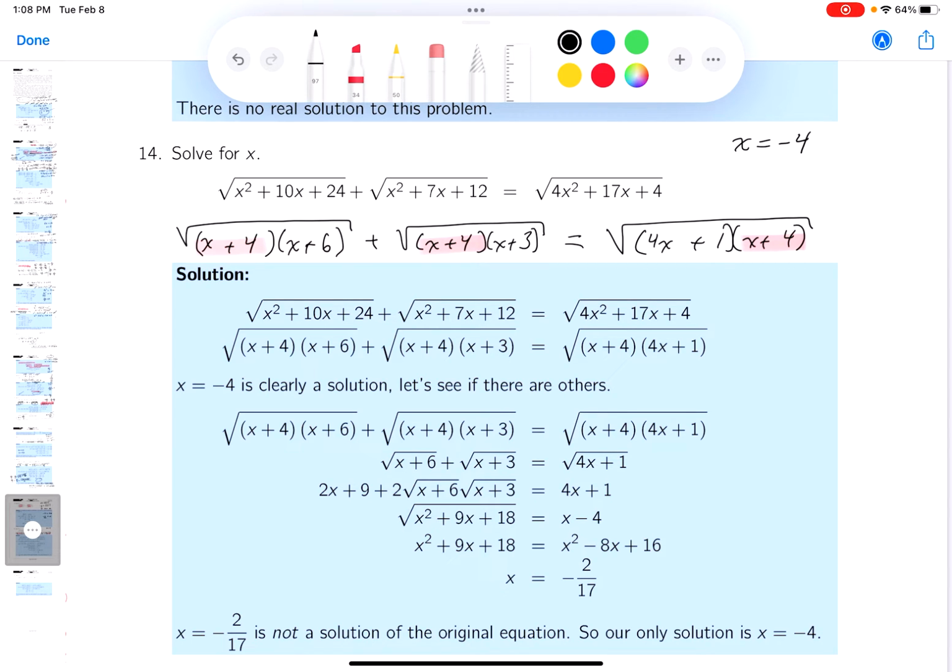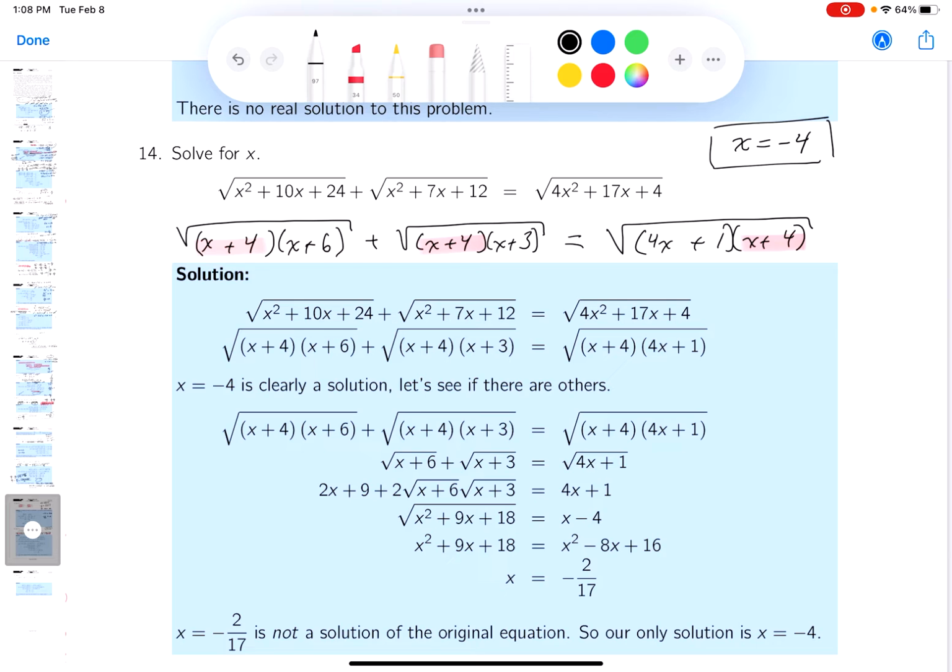Now, before I proceed forward, I want to see if that makes any sense. And what do I mean by that? If you plugged in minus 4, what would you get? Well, the first radical would be 0, the second radical would be 0, and the third radical would be 0. So it appears to be making pure sense. So this is one solution to the problem, and I'll put it in a box over here indicating I'm pretty happy I found one